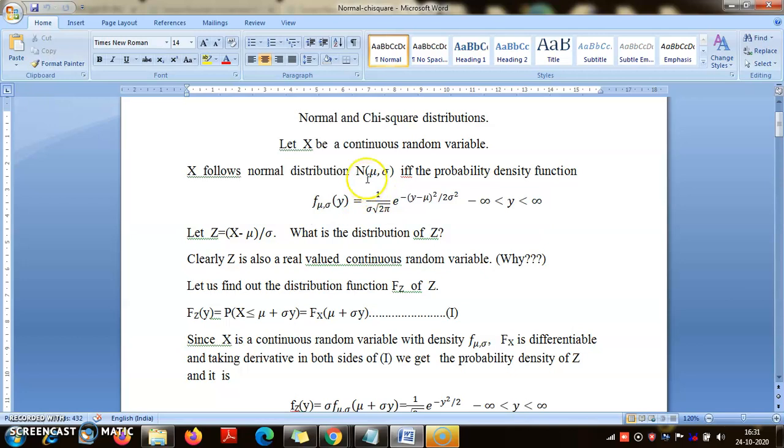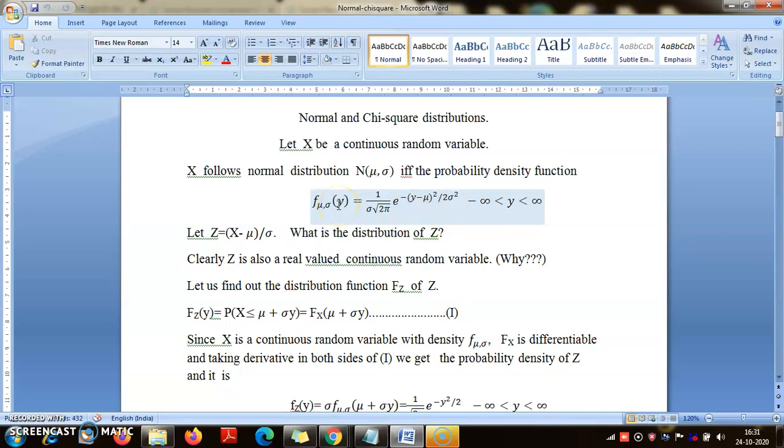briefly. So I have a continuous random variable, that is probability x equal to y is 0 for all values of y. It is said to follow normal distribution if it has a probability density, and the formula is given as follows. This is something you have already seen. Mu and sigma turn out to be the mean and standard